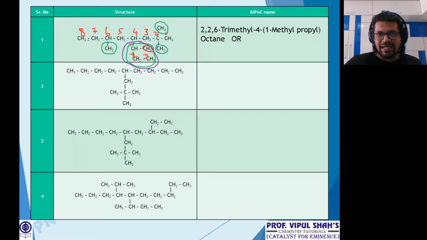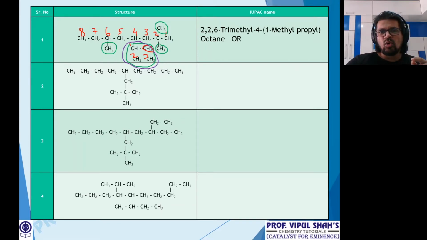But this entire part we don't consider, that is the continuous chain. We'll only consider this branch, carbon attached to 2 only, because that's the main chain. So now butyl ke 4, matlab sec-butyl. Now in sec-butyl you do not have to count the S. So only B of the butyl comes first. So now the name will change as 4